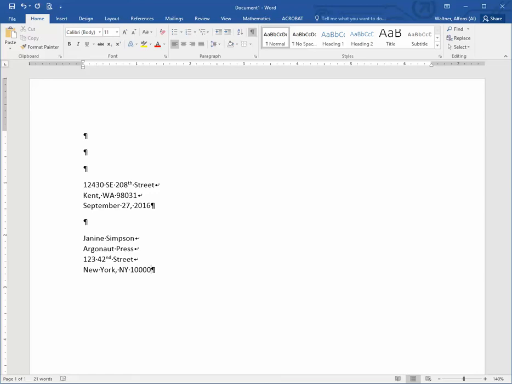At the end of the inside address, we'll once again press enter so it double spaces down, and we can put our salutation, which usually starts with the word dear Ms., because we don't really know if Ms. Simpson is married or not, so we'll put Ms., which is the common way to address a woman. And so, dear Ms. Simpson. All right, we will use close punctuation again. The colon is optional. We'll press enter, and I'll go ahead now and I'm going to type the 4 paragraphs